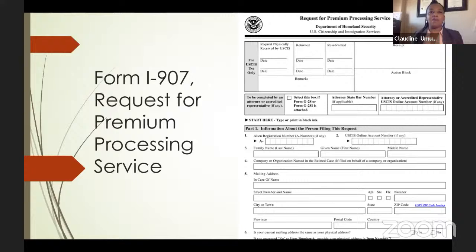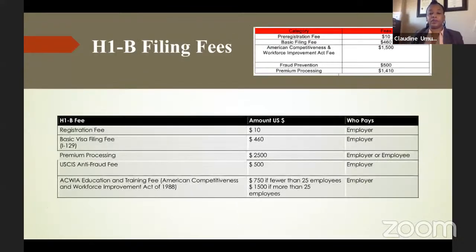So sometimes you may need to file for premium processing, right? Like, okay, I know I'm selected, now I need USCIS to approve within 2 weeks. However, in the past, USCIS has removed the option of premium processing for H-1B cap cases until later in the year. Okay. All right. So now,